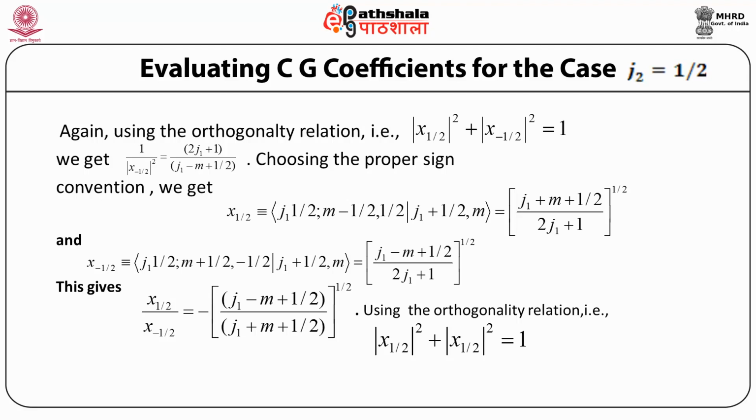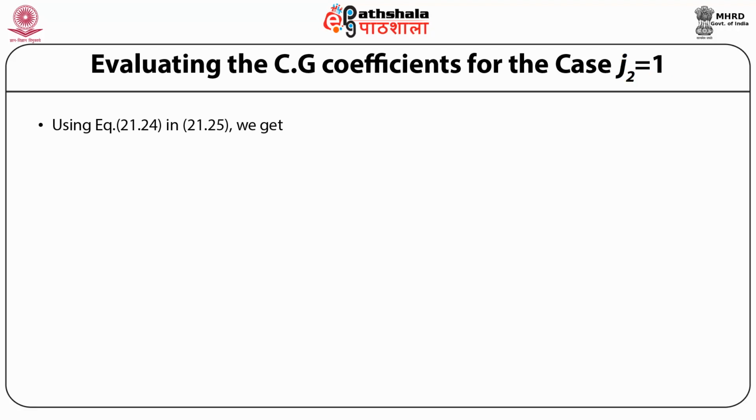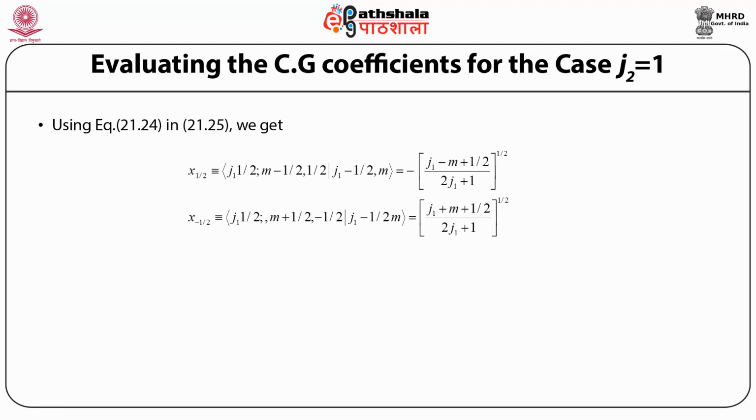This gives x_{1/2} by x_{-1/2}, which is equal to minus of (j1 minus m plus half) by (j1 plus m plus half) whole to the power half. Using the orthogonality relation, that is x_{1/2} square plus x_{-1/2} square equal to 1, and using equation 21.24 in 21.25, we get x_{1/2} equals